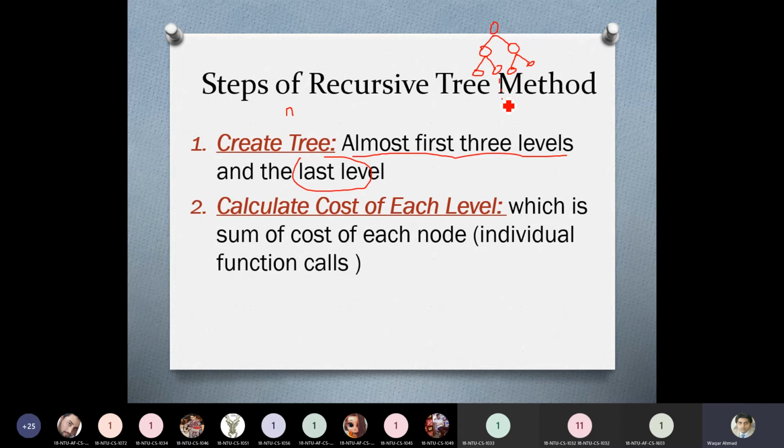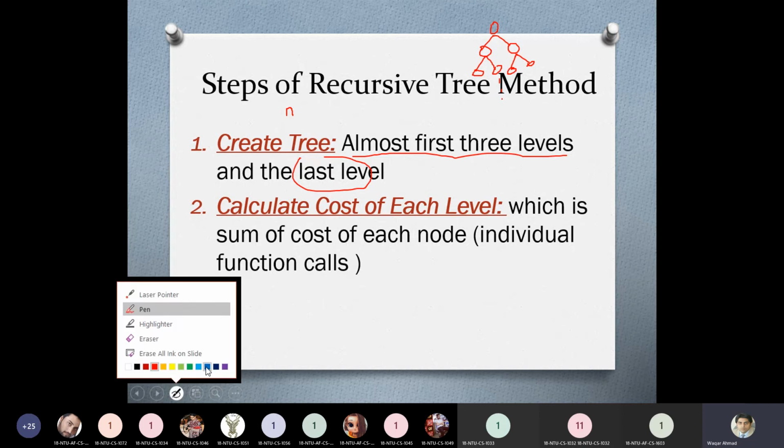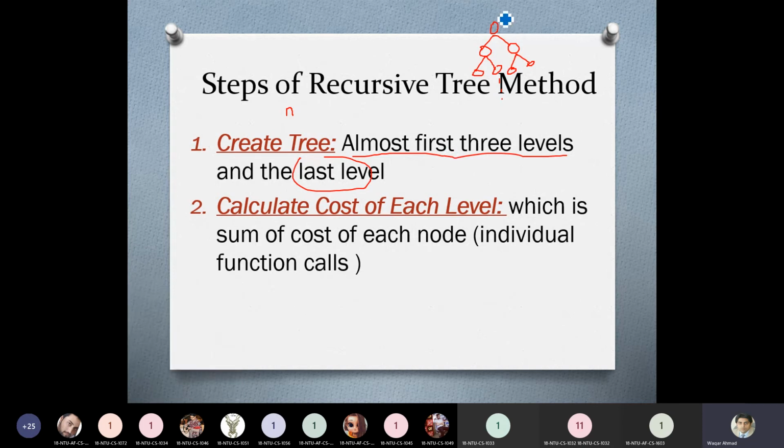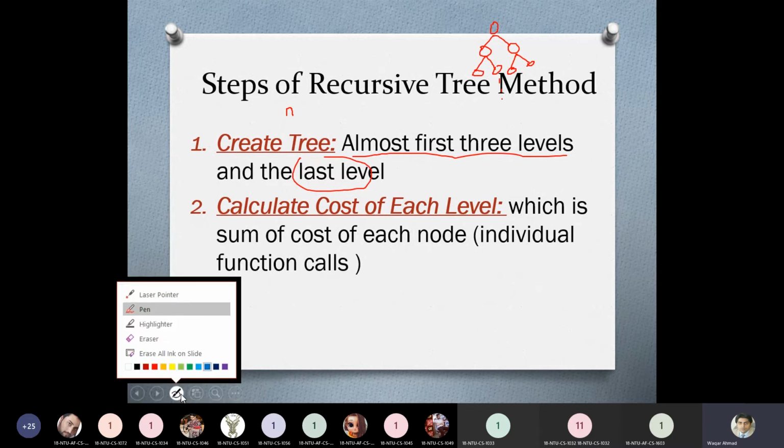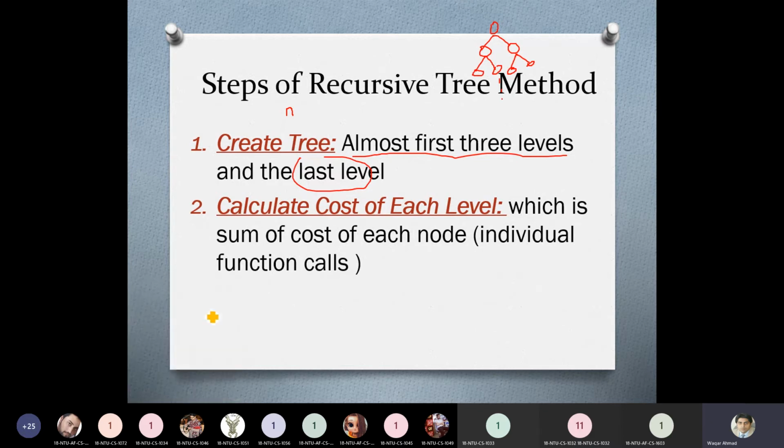Trees have levels, and the levels mostly start with 0. This is the first level of the tree, always level 0, this is level 1, and this is level 2.